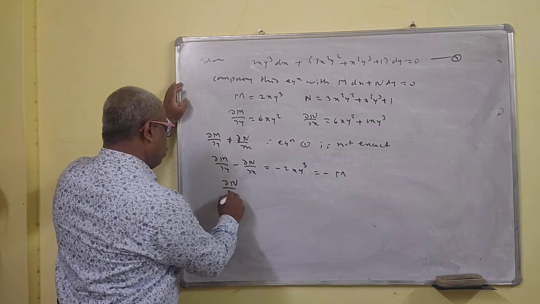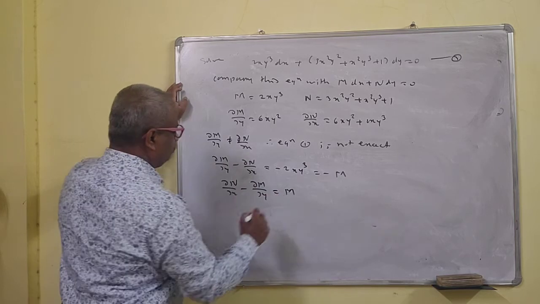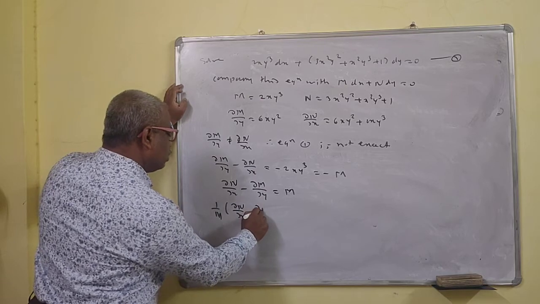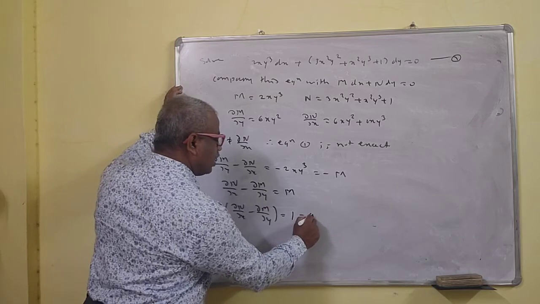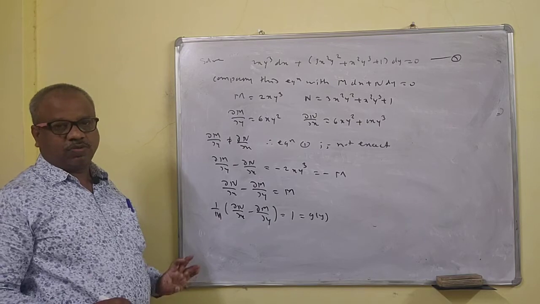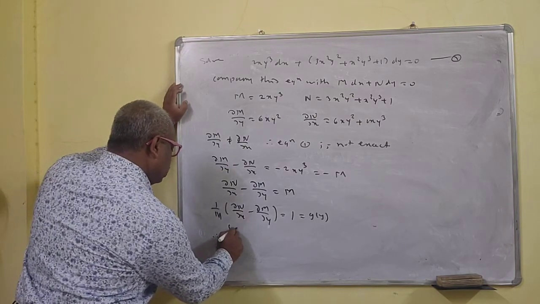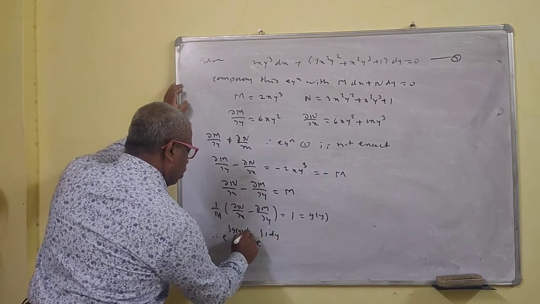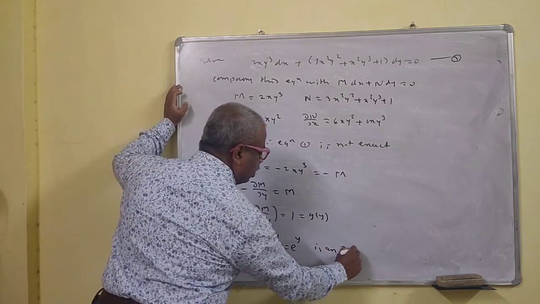Okay. So ∂n/∂x minus ∂m/∂y is equal to m now. So this is what then? 1/m (∂n/∂x minus ∂m/∂y) is equal to 1. So we'll call this g of y then. Okay. So this is y only. So it should be the function of y only. Therefore e raised to integration g of y is equal to integration 1 dy. That is, e raised to y is an integrating factor.